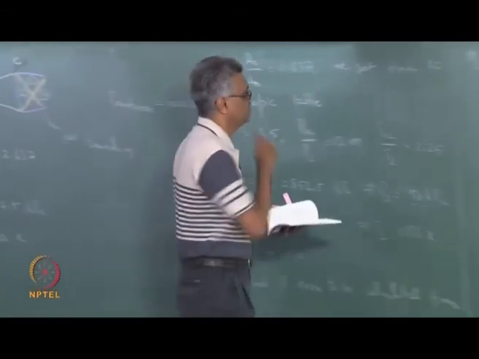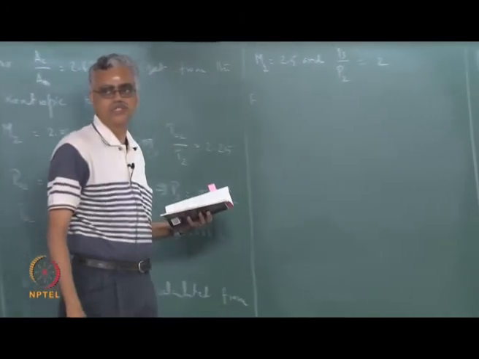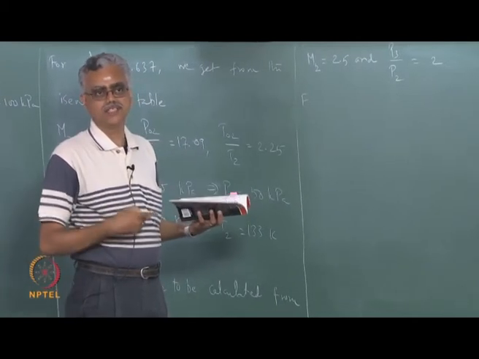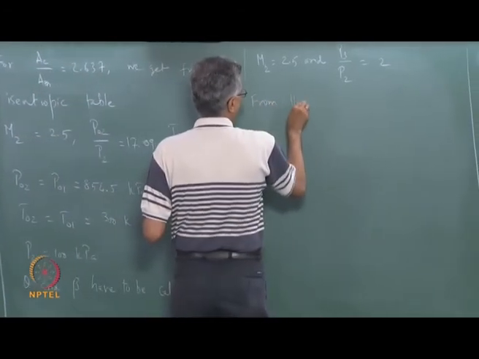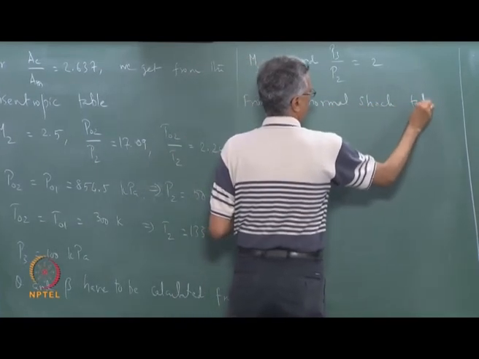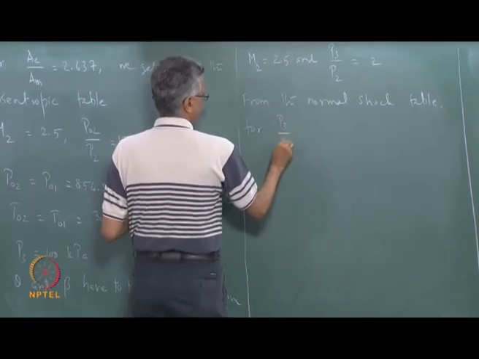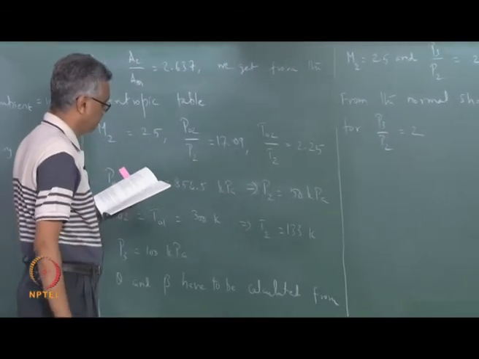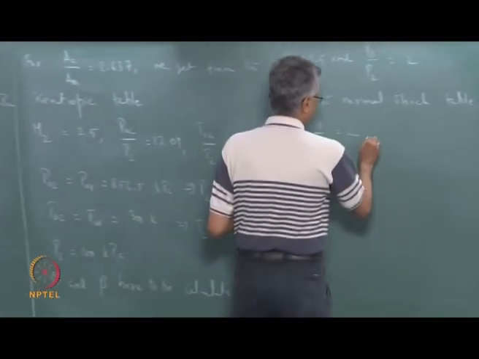Okay, so this is where the calculation procedure gets tricky. From the normal shock, how do we get this pressure ratio for an oblique shock wave? Where do we get it from? If you remember the previous example, we retrieve the static quantities from the normal shock table. So from the normal shock table, for P3 over P2 equal to 2, we get